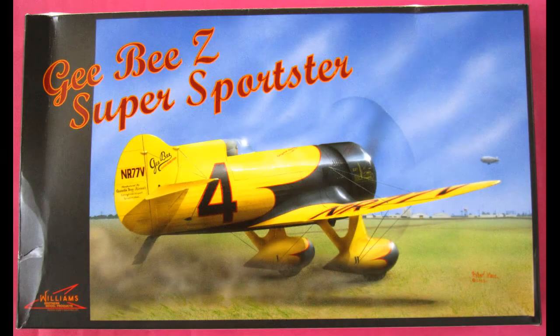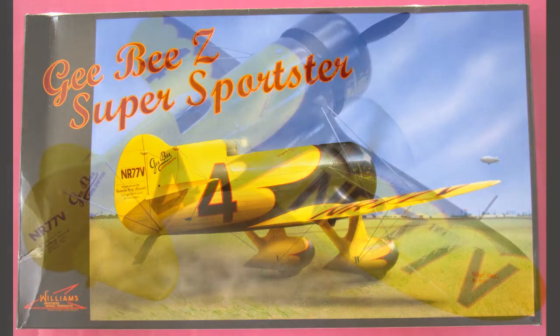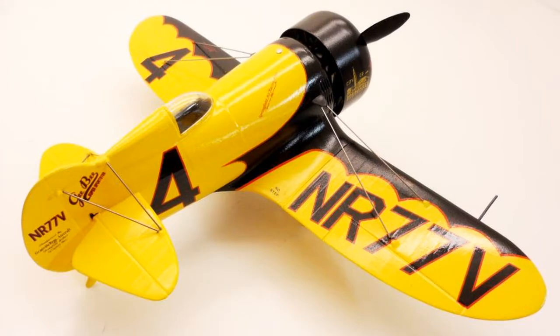This review covers the GBZ Super Sportster Air Racer. It's a 1/32 scale Williams Brothers model kit, number 32526. It's been re-released several times, and they're still available on the web, or you can find them available straight from Williams Brothers themselves. Now this kit contains 40 pieces molded in gray and clear,